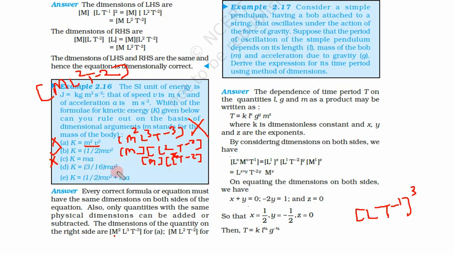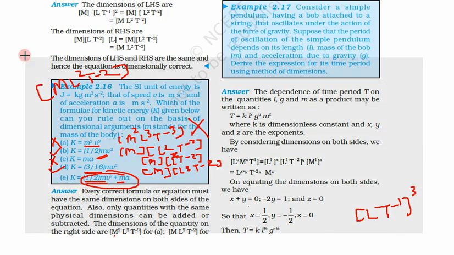Now if we dimensionally analyze this, 3 by 16 m v square, the fraction is a number, it does not have any dimension, so m v square gives M L square T minus 2. So this is also dimensionally correct. Now this last one, this first part is definitely dimensionally correct. This second part is m a, and we have calculated m a, so m a was wrong. So this last one is wrong in two ways.